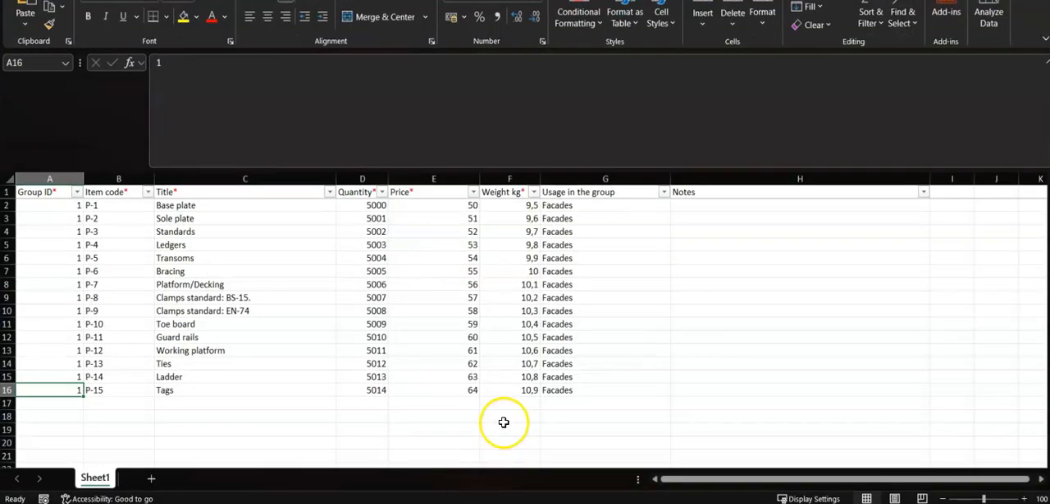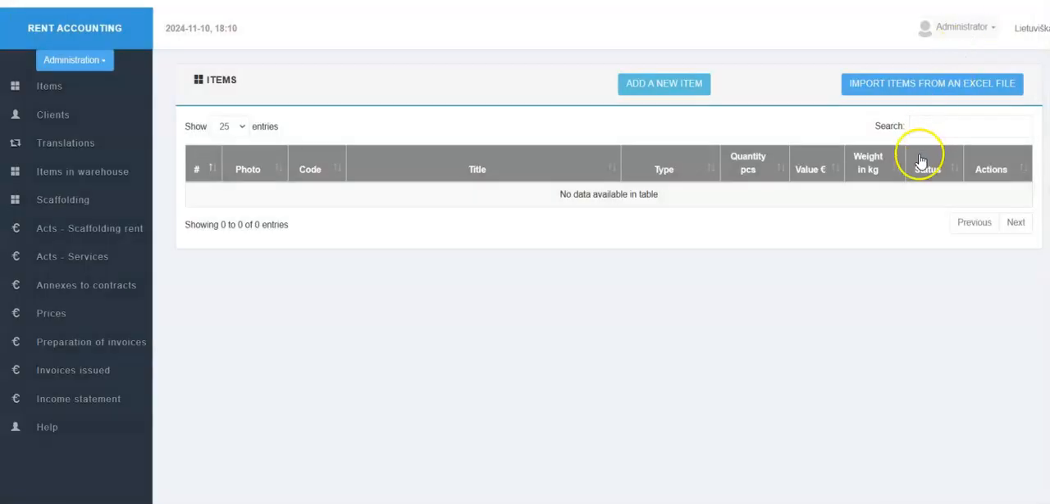We open an example of such an Excel file. We can see how data is formed. We close this file and then